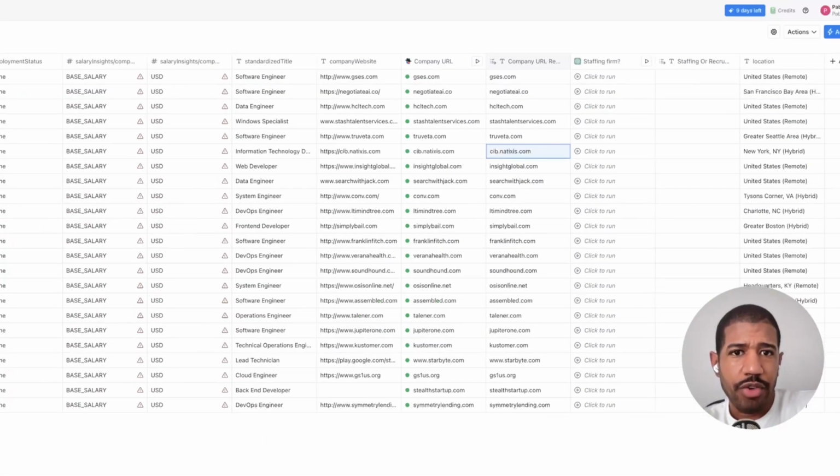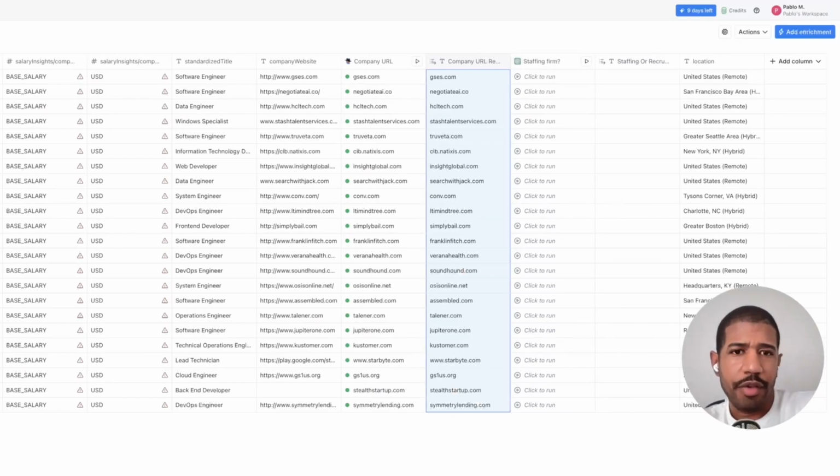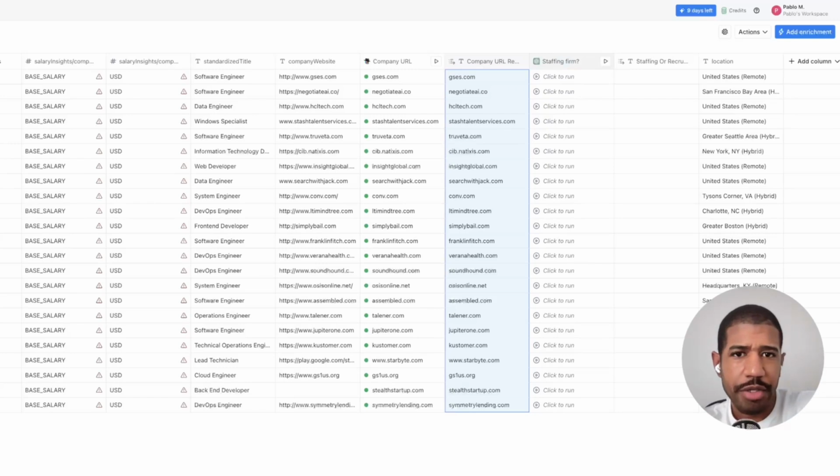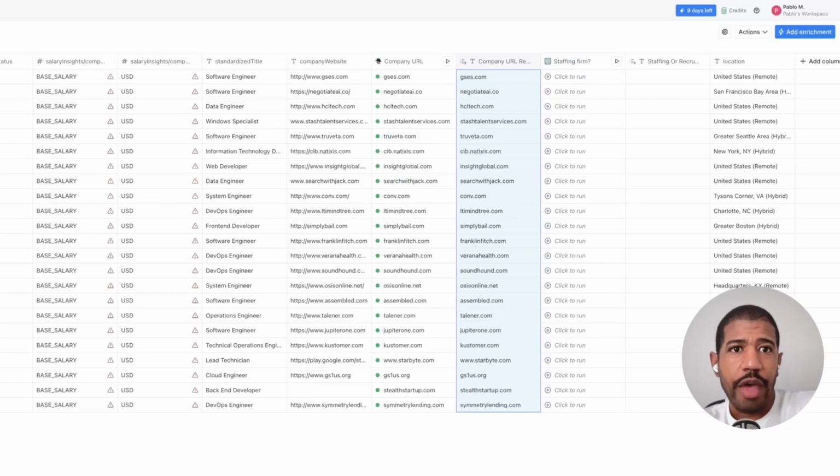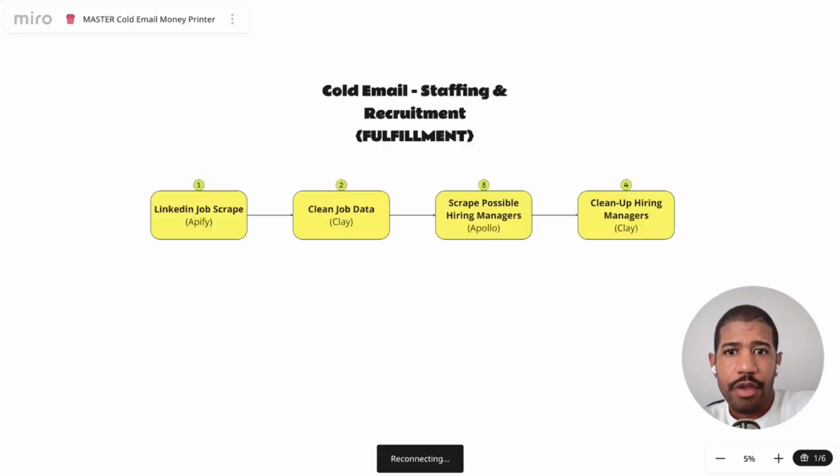So what I'm going to do here now is highlight all of these manually, and I'm just going to press Command C. I'm just going to copy this, right? This staffing firm thing was from another table, so just ignore that. I should probably delete that. So that's it. That is the entire step of step